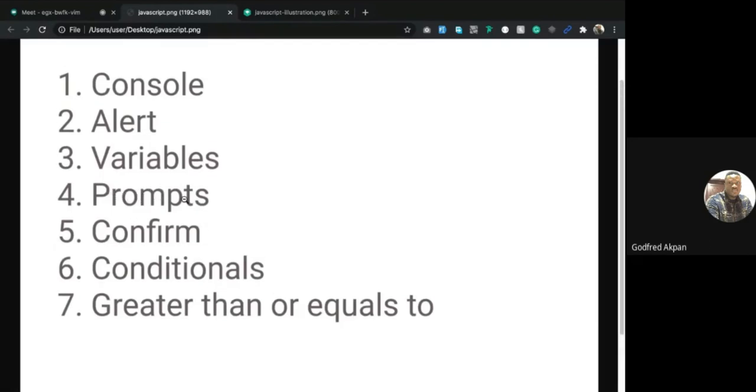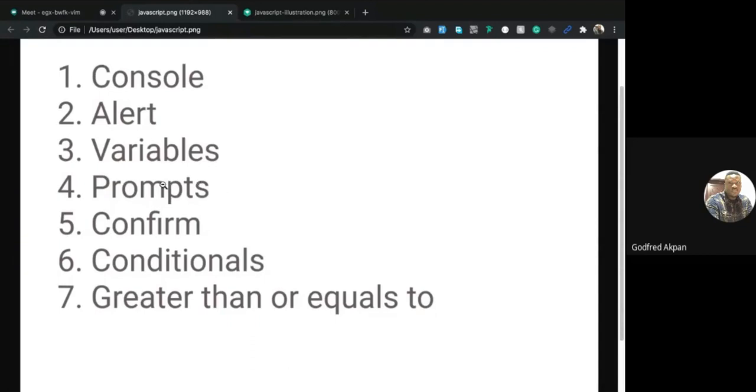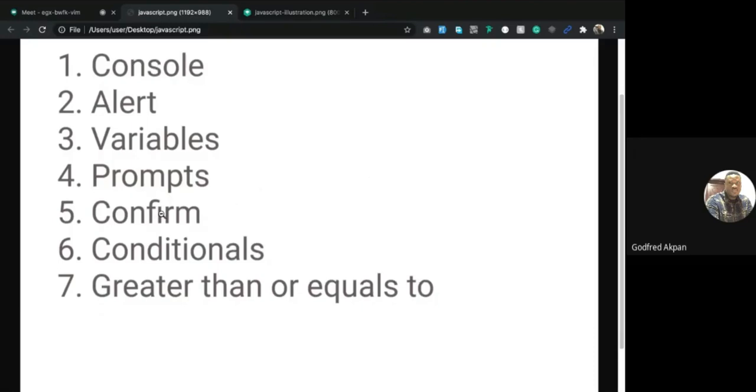Then the fourth thing we'll be learning is a prompt. In this prompt, you will get a pop-up just like alert, but it's not an alert. This prompt will ask you a question, like a pop-up input box. It will ask you something and you put in your answer and you get it. The next one is the confirm element, which is very important